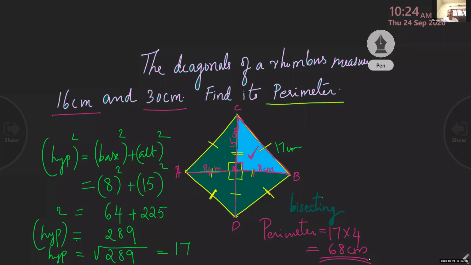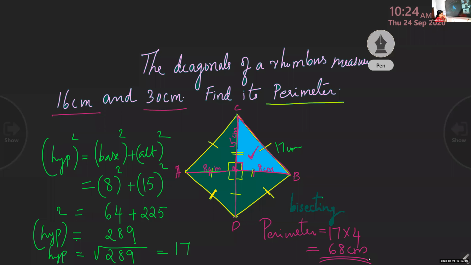So yesterday you have studied about rectangle. Same type of problem, no? By drawing a diagonal, how to find the side and finding the perimeter. Second one is a rhombus. How to find one side and finding the perimeter. Clear? These two problems, keep it in your mind. These are application problems. Any type of problem like this can come. This is the application of Pythagoras theorem.